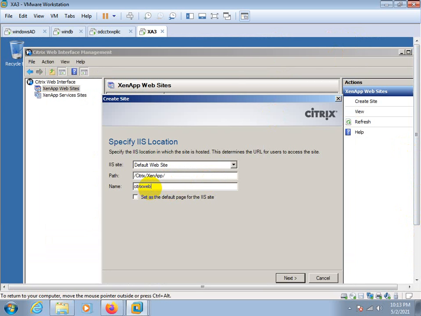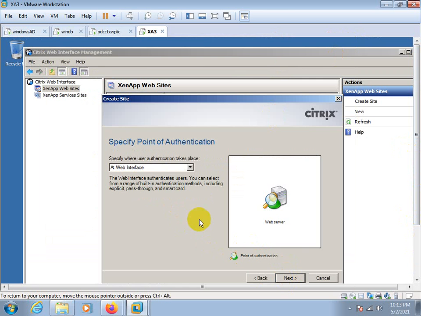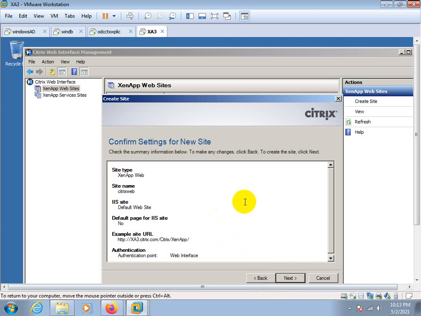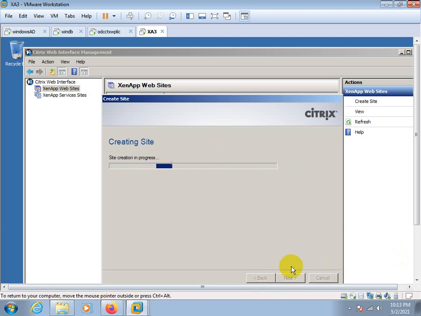Citrix Web. Okay, same default path. Next, at web interface, gateway. I will tell you later what is the use of this. And next.